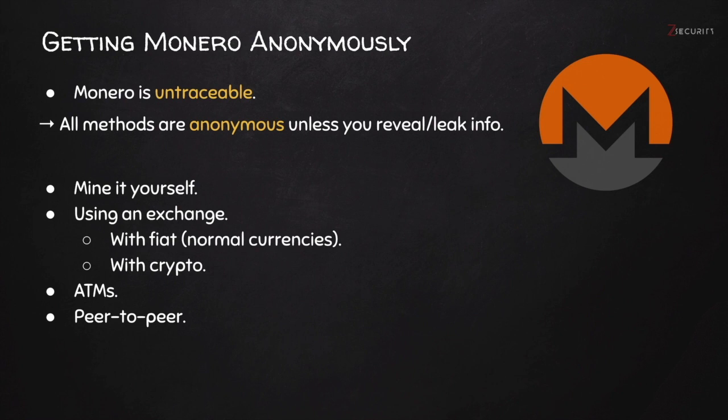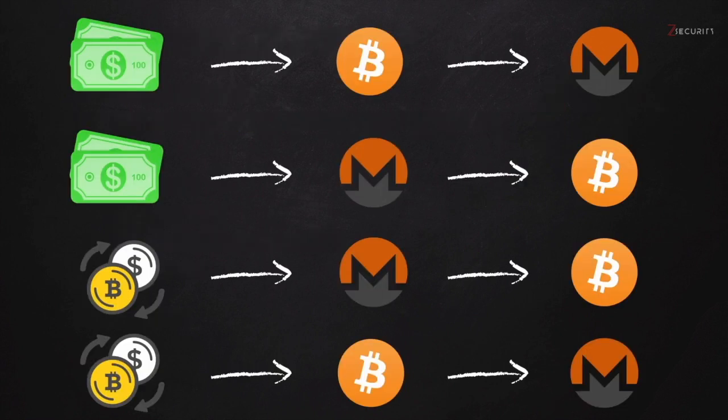Right now, I'm only talking about Bitcoin and Monero, but there are a lot of different types of cryptocurrencies that you can exchange. So learning how to use exchanges will open the door to so many possibilities. For example, what you can do is use cash, so use an anonymous method to buy Bitcoins, so you're already anonymous at this point, and then to increase your anonymity, use a crypto exchange to exchange Bitcoins to Monero, and then you're very anonymous and very hard to trace.